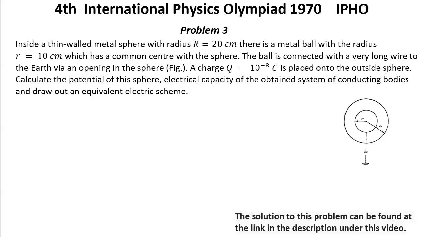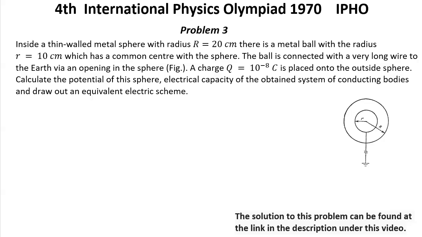4th International Physics Olympiad, year 1970. IPHO. Problem number 3. Inside a thin-walled metal sphere with radius big R equal 20 centimeters, there is a metal